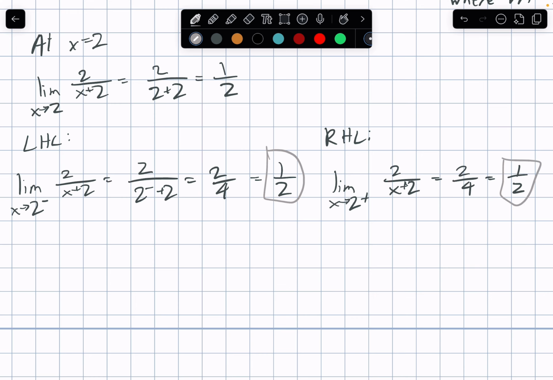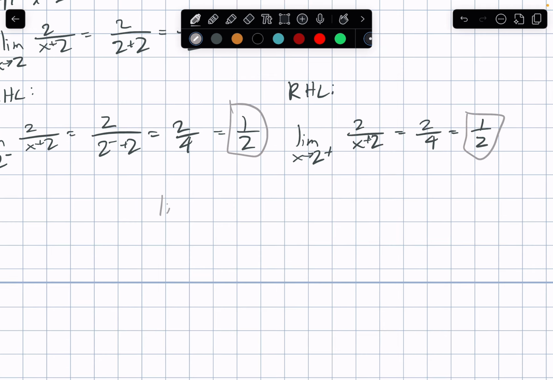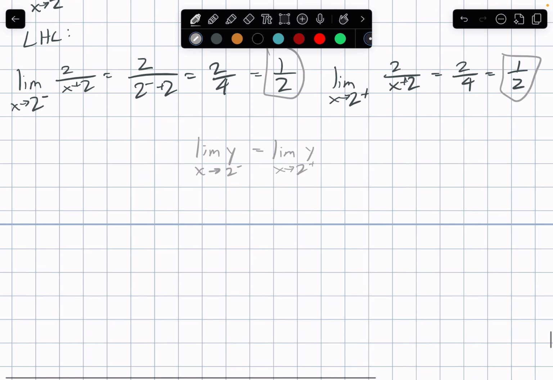Okay, same thing. So what is indicated here? So the limit of y or f of x, y and f of x are usually interchanged, but they're essentially the same thing. So from the left and from the right, they're equal. What if we directly substitute 2 as x? So f of 2 in,